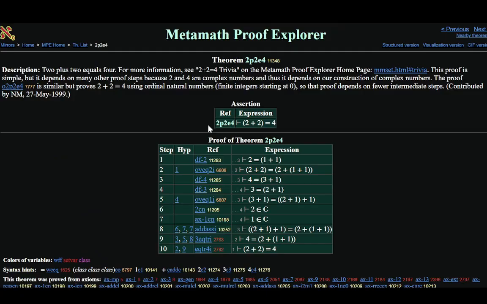And one of them, for instance, is 2 plus 2 equals 4. So it has proved in the database 2 plus 2 equals 4. And this is the proof. And that's incredibly useful. And moreover, everything in this proof is either an axiom or it is a definition,